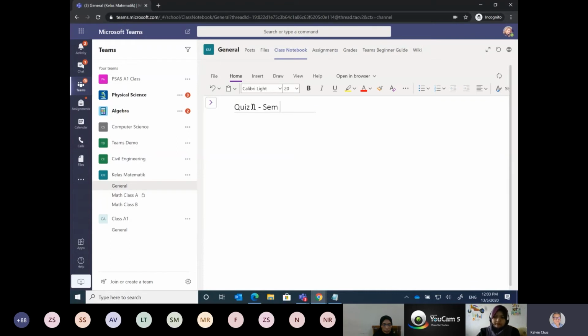Let's say this is quiz 1, SAM 2, then students can enter, for example, x plus y equals 100, y is equal to 50, then x equals what? Then the student can start to create the answer, come up with the formula, and end up with x equals 50. So if the student is only doing that,